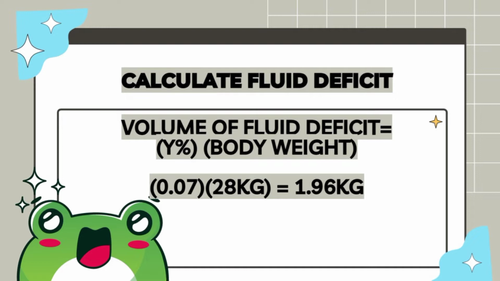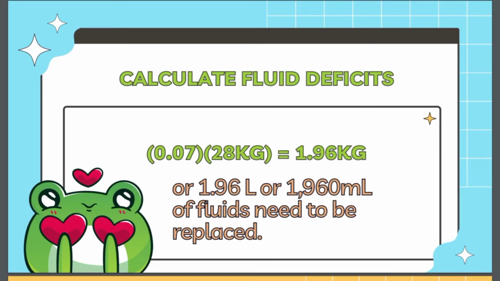Substituting the given values, 0.07 multiplied by 28 kilograms results to 1.96 kilograms. And since 1 kilogram is equal to 1 liter of fluid, therefore 1000 grams results to 1000 milliliters as well, as 1 gram is equal to 1 milliliter of fluid. To give you a hint, to convert liters to milliliters, just multiply by 1000. So, the volume of fluid deficit is 1.96 kilograms, or 1.96 liters, or 1960 milliliters of fluids needed to be